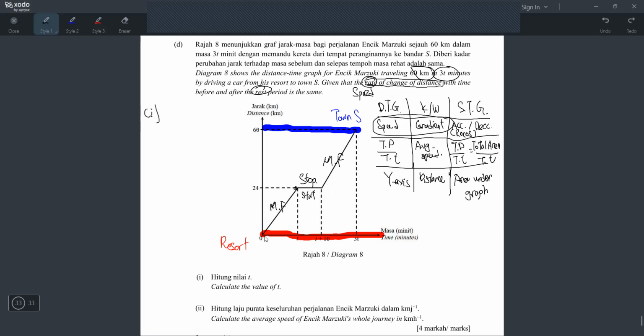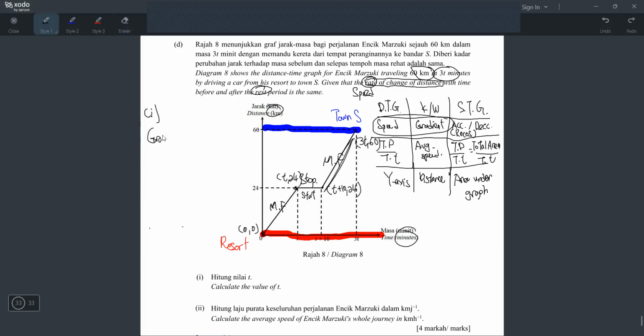To find gradient, you need 2 points, 2 coordinates. So we have 0, 0, and then this one, we have t, 24. And then what about this? 3t, 60. And then this one is t plus 10, 24. But if you notice here, the distance is kilometer, but the unit here is minute, right? Usually kilometer goes with hours. But actually, you don't have to convert units when you do question 1. Do you know why? Because when you find the gradient here, you will get your speed in kilometer per minute, and here also you are finding kilometer per minute. When you compare both as equal, you will also take kilometer per minute. So it's fine. You don't have to convert to hour. Of course, if you want to convert you can, but actually it's not necessary.